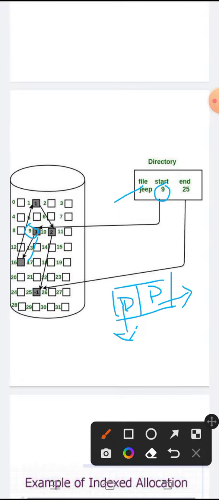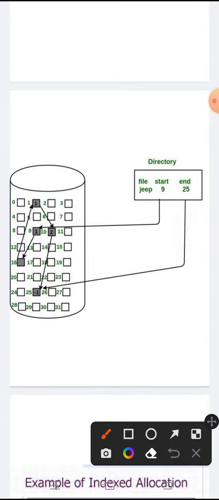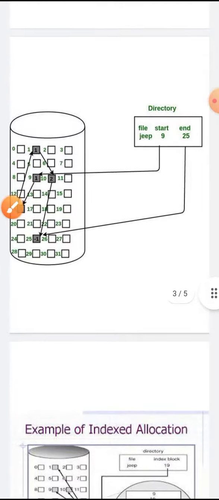You can see here 9 is pointing to 16 and 16 is pointing to 1. 1 is pointing to 10 and then 10 is pointing to 25. And in this 25, we are placing the index as -1. That means the file allocation has been ended. When we specify negative indices, we can tell that there is nothing residing in that location. So there is some garbage value. We have only positive indices. In this way,